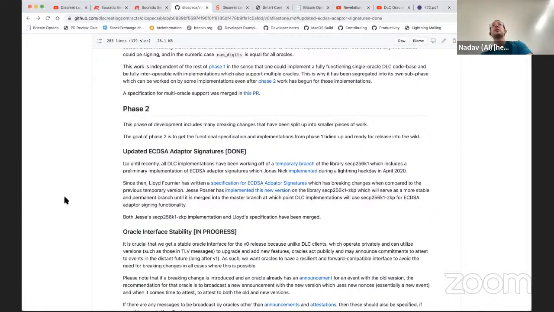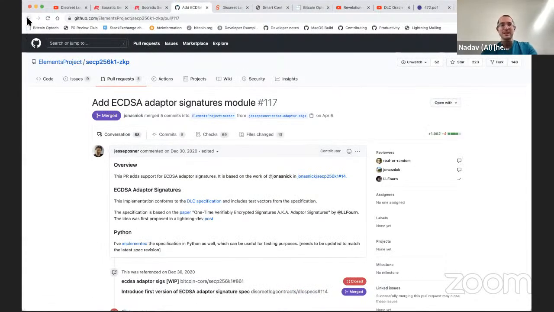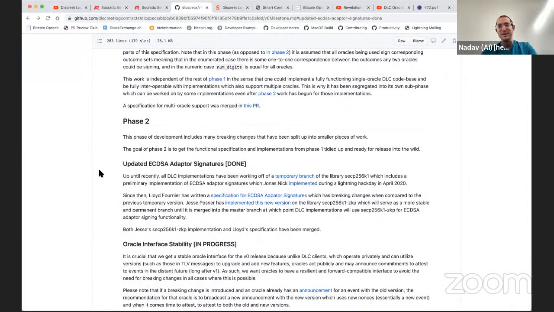So when we were originally working on DLCs, we had about a year before ECDSA adapter signatures existed and could be used. And so we were doing other nastier tricks that are explained in that blog post. They're not terribly nasty or anything, but from a code perspective, it was like 4 times as much code to get it to work. If I recall, when we switched to ECDSA adapter signatures, it cut the code base into a quarter of the size. Oh, wow. Okay.